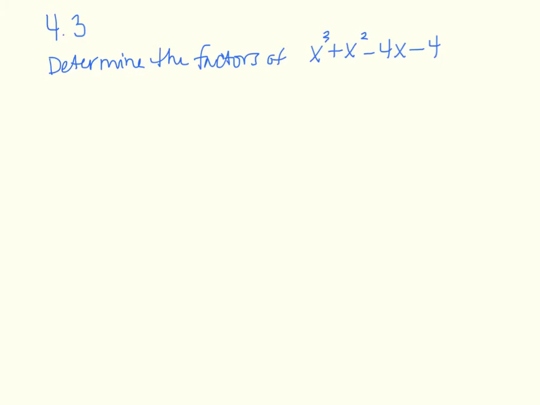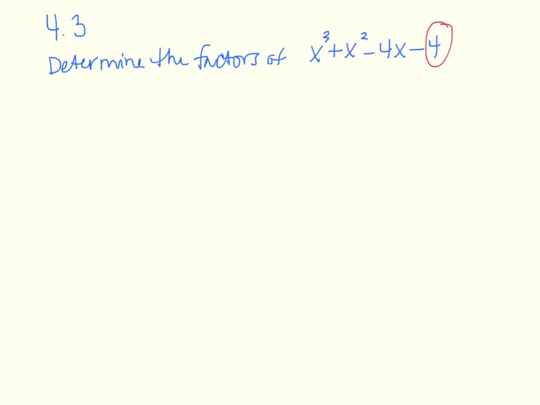Okay, we are going to now determine the factors of this polynomial. So this was in 4.3 where we revisited the concept of synthetic division. So remember that if I give you a factor, that's the number that you want to put in the synthetic division box and then divide so that your remainder is 0. If I don't give you a factor, then you need to test all the factors until you find one that works. So I want to look at 4, and I want to figure out what are all the positive and